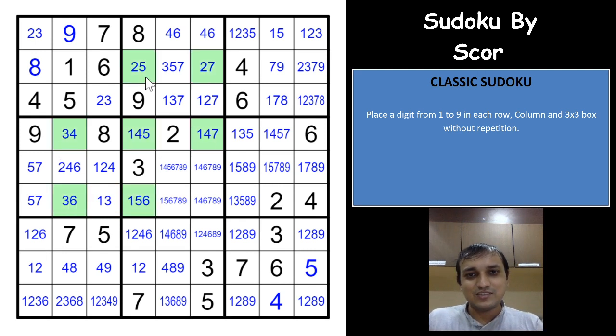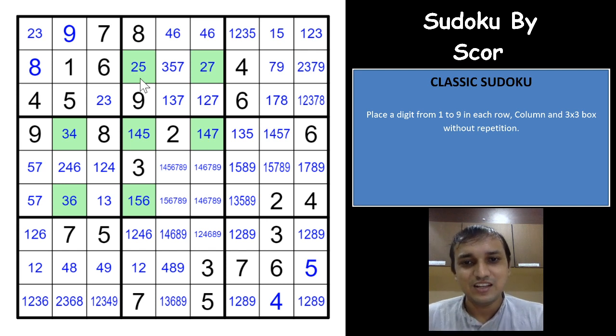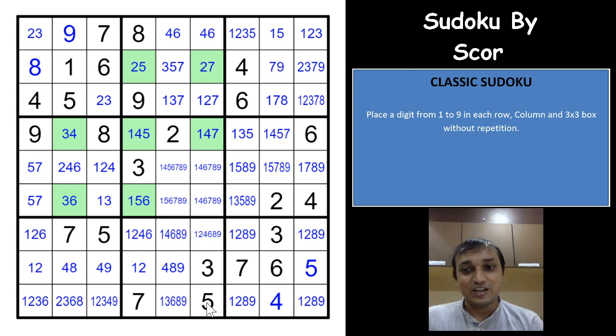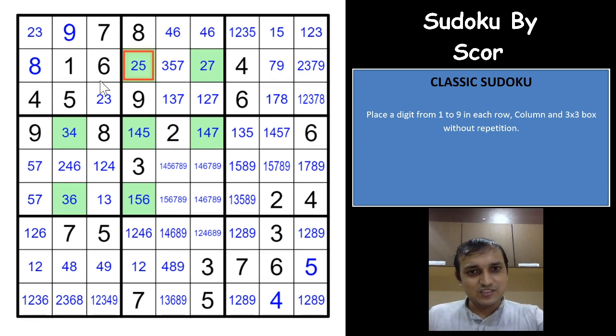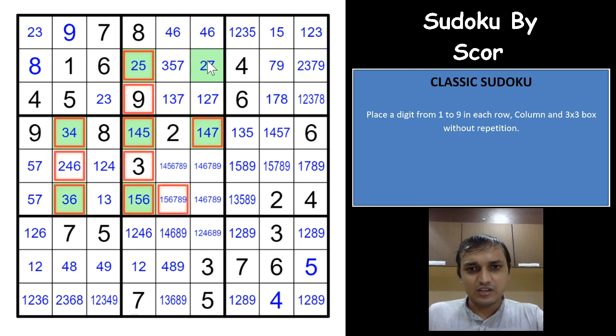I would seriously say it is one of the excellent logics that I have seen, and I have never seen this kind of logic before. So if you see at this point now, I have marked the 7 cells here, and these 7 cells cannot have 2 same digits anywhere. Now what do we mean by it? Let me show you. If you have a 5 here, there is no other place you can have 5 in any of these 7 cells except this cell. So if I place a 5 here, all of these cells cannot have a 5.